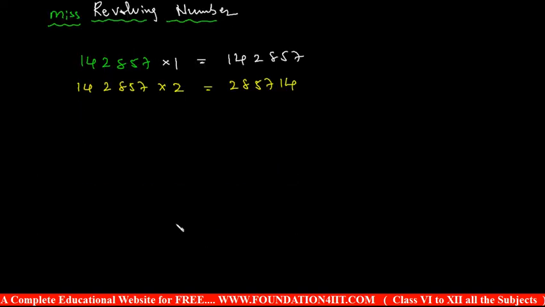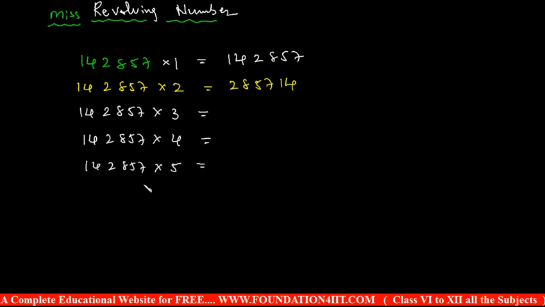Like how we did with the 9 sevens, the same concept applies here. You notice this. So 142857 into 3 you take, 142857 into 4, and 142857 into 5, and 142857 into 6. Up to 6 the digits will be repeated. You can notice this. So if you multiply by 3, it starts with 4, because after 2 the next number is 4. Just the continuation: 4 2 8 5 7 1 digits.